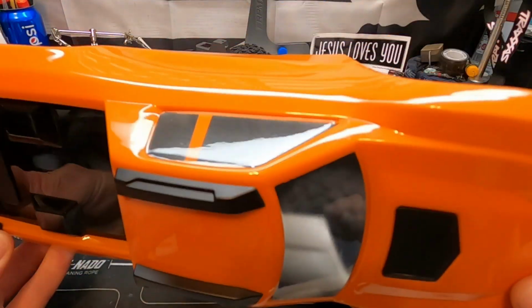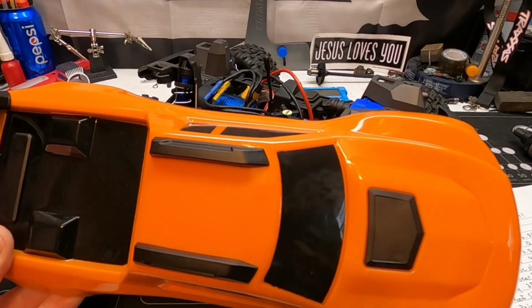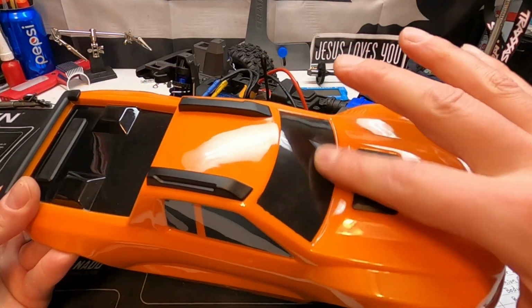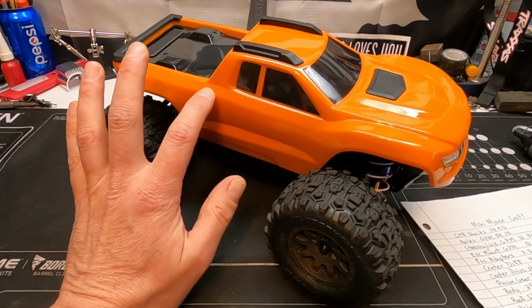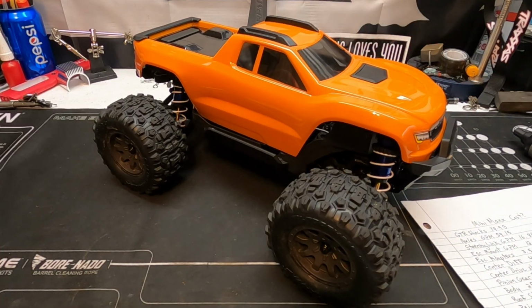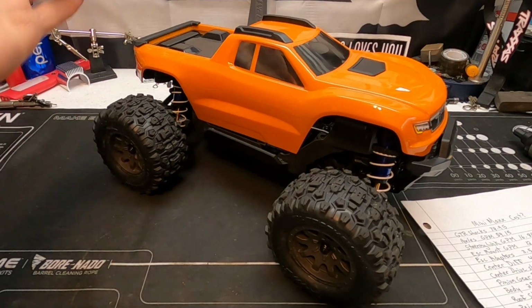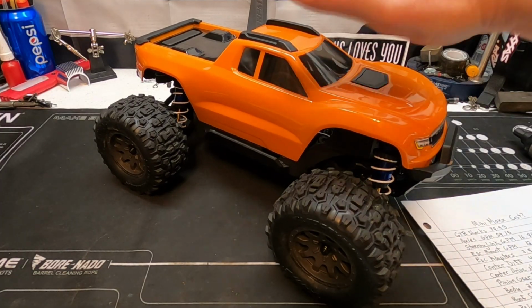So I went and I got a clear body. You don't have to do this, so this is just a little added expense that you could avoid. But you know me, I have to have the coolest paint, and I love the smoked windows. So for your body, we have $25, but it does come with your mounts. That's pretty nice, because some of these manufacturers don't come with that kind of hardware, but it also didn't come with your skids. So you had to add a set of skids on here. I think it should have come with them out of the box. What do you think, guys? But you got a $25 body, you got $10 roof skids,